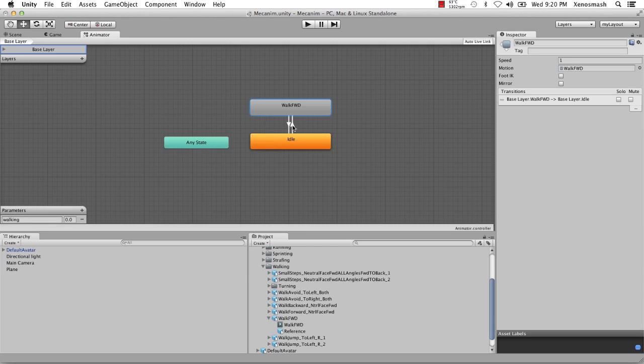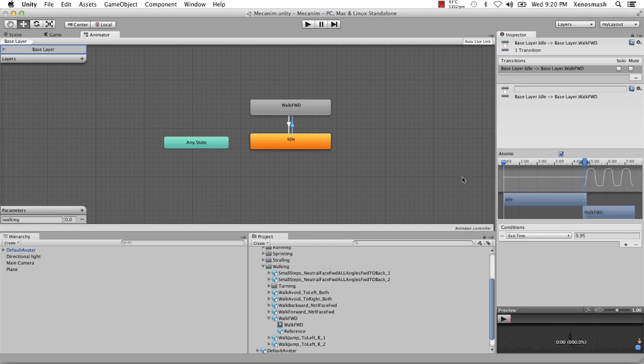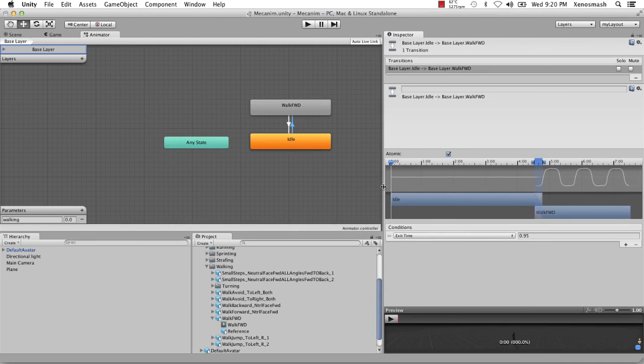Alright, now go ahead and select your first transition. Open this up a bit. Under the conditions tab right here, go ahead and select the drop down menu, and you want to select walking. And we want walking to be greater than 0.1. Because we're going from idle to walking, the value has to be greater. Now coming from walking to idle, we want it to be less than